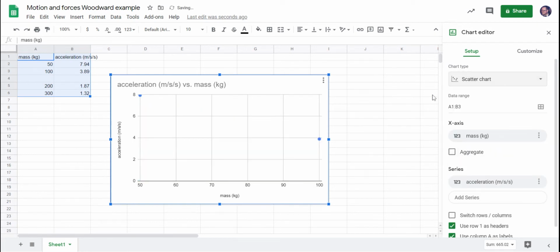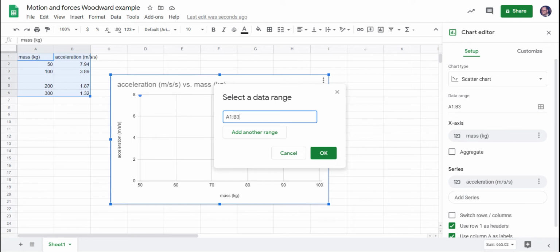Okay? Now, the other thing that it didn't do is it didn't collect all of my data. And that's because I have this gap here at A4 and B4. I have a reason for that gap, and we'll explore it in just a second. But the easiest thing to do right now is to come over here to my data range, and you'll see it says A1:B3. And that says, hey, I'm taking all of the data in between A1 and B3. So I'm going to click this,